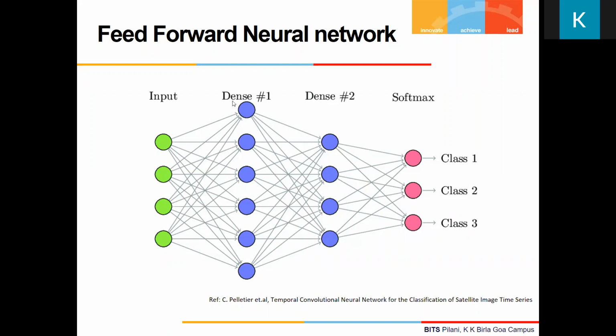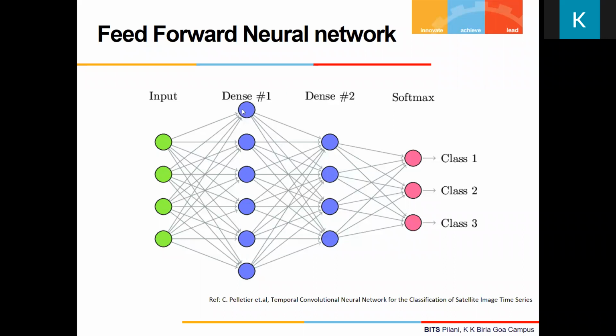And these arrangements, each column here, we will be referring to as a layer. So this is the input layer, two hidden layers, and an output layer. And here you can see the term dense. We will call a layer dense if it is fully connected. I mentioned that last time.